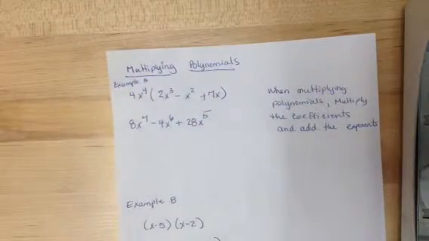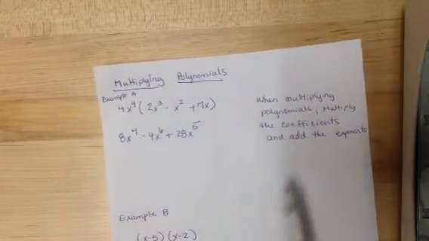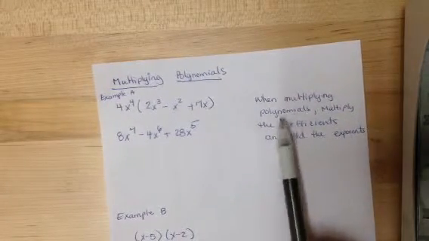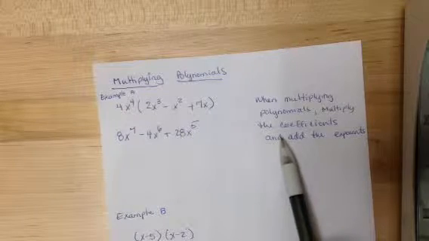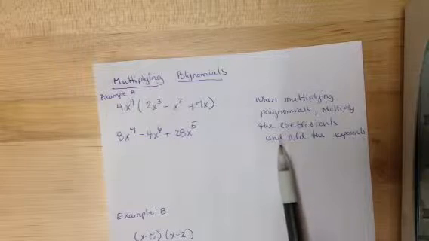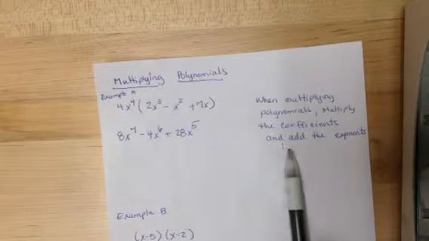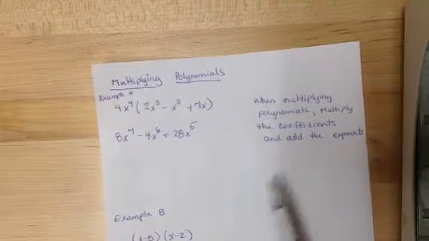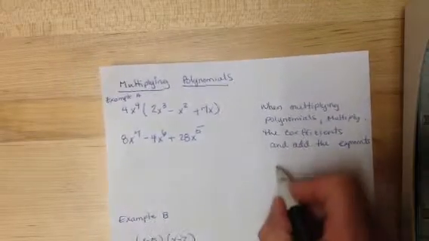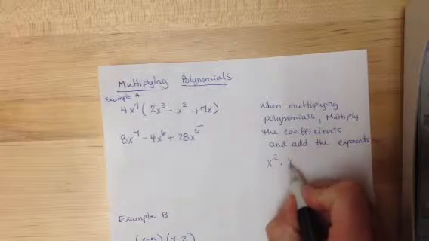Okay, let's look over the final example. Multiplying polynomials. When we multiply polynomials, we want to keep in mind that the coefficients multiply, and when a monomial raised to a power is multiplied by another monomial with the same base, we just add the exponents. So for example, if I had x squared times x to the fourth,